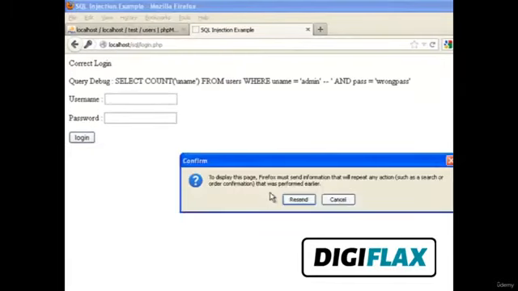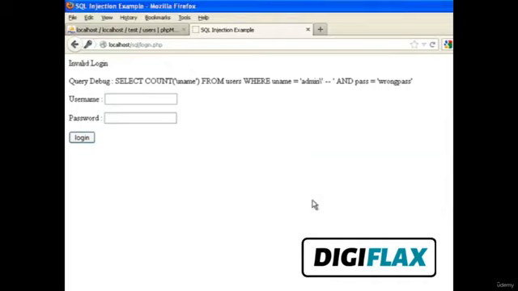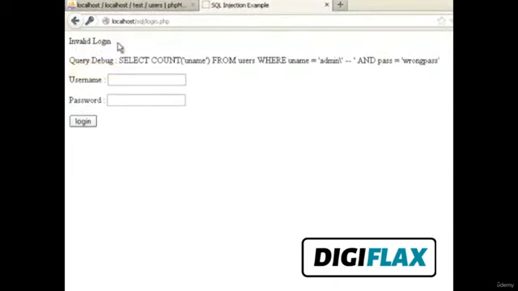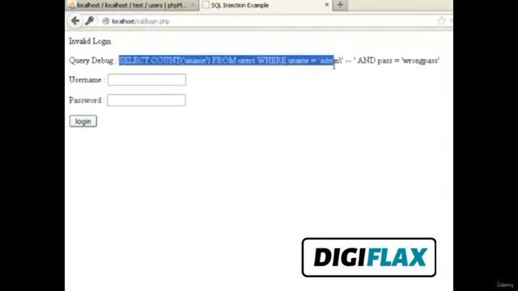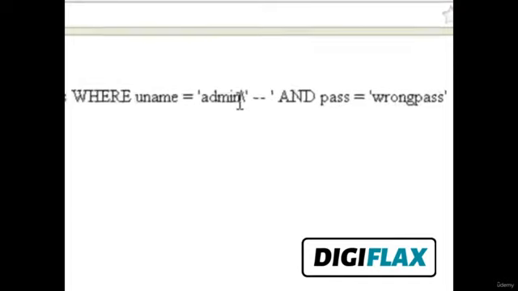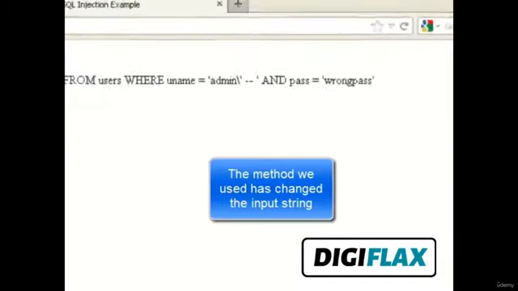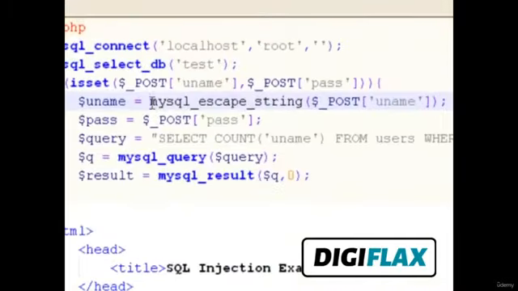It asks us to repeat that action and we click on resend. And as you can see, it says invalid login. To debug our SQL statement, let's have a look. The query till here seems to be okay, but this backward slash is being entered automatically by our command, which was